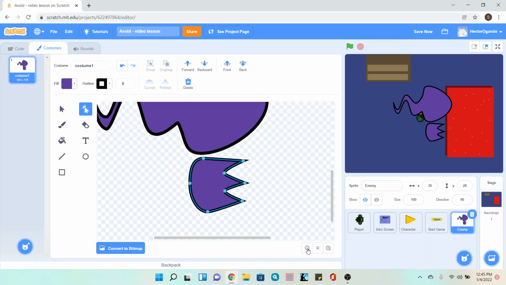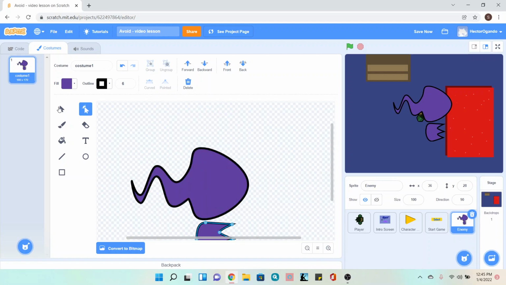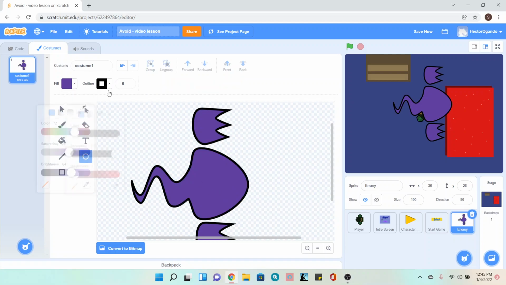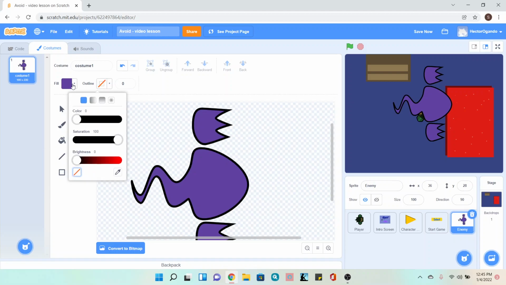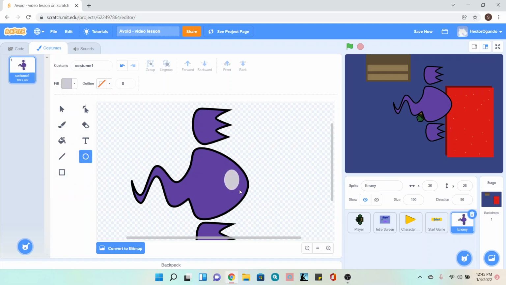Okay, so once I'm happy with that, I'm going to use my select tool, copy, paste, and move the other hand over. Okay. Now I'm going to draw the face for my creature. So I'm going to use the circle, remove the outline, and make the fill white, just so that it's the eyeballs. I'm going to make a circle,